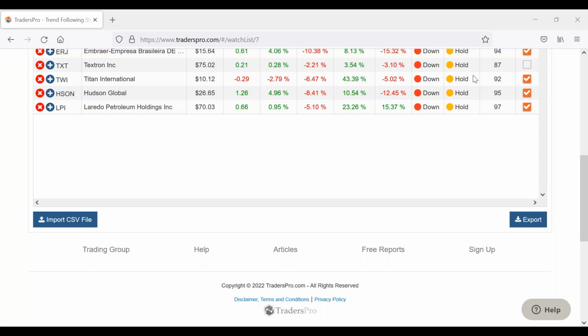Question, do I have a short watch list? No. I'm not doing any shorting in the class. Do I short stocks? Well, I usually don't short a lot of stocks. I'll use put options. Usually they're a lot less risky. But I don't teach options in this class. We're just using the Traders Pro software. We're mostly going to be looking at